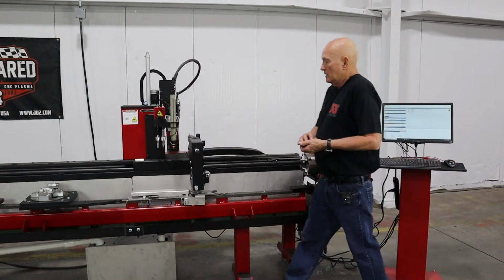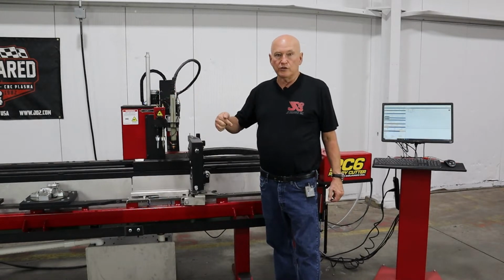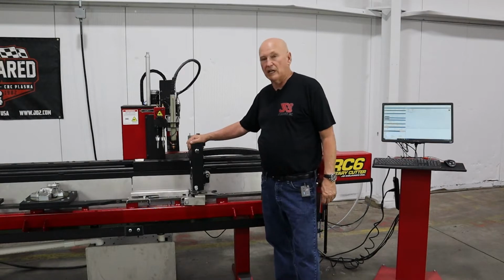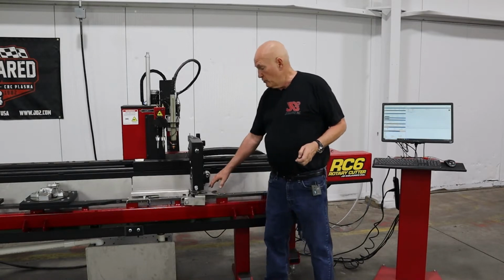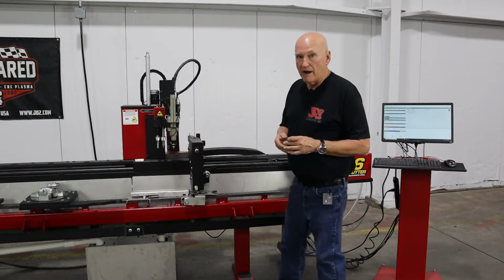All righty. I have disconnected the air supply into the machine. I need to do that because we have to remove the round tube stabilizer so that we can bolt in the square tube stabilizer. I've also disconnected the air to the stabilizer right there so we don't have a problem with that. So I'm going to walk around behind the machine,